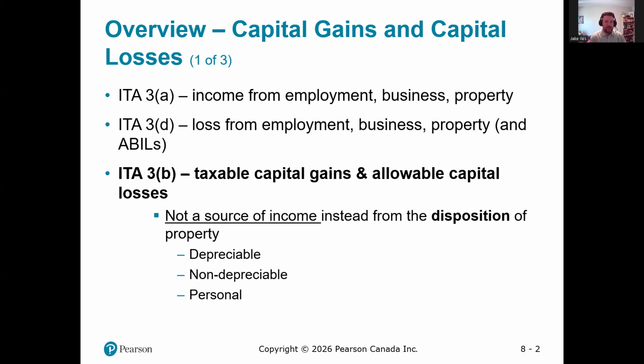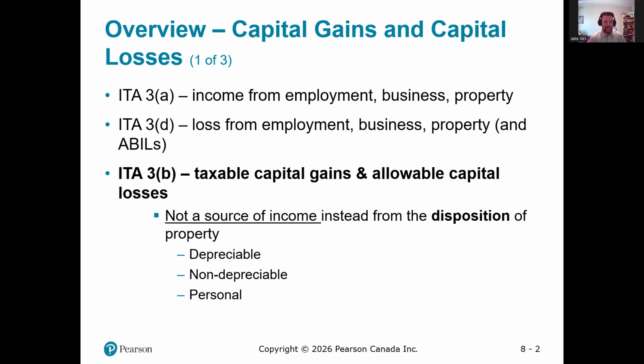When we buy something, usually we have a primary use for it. So if I had a machine that manufactured barbells, the machine's use is to produce these barbells. These barbells are my inventory. I'm going to sell them. My intended use for this machine is production. But when I sell the machine, if I want to get a new one or just close my business, if I sell the machine for more than I paid for it, I have an income, and this income is incidental to my intention.